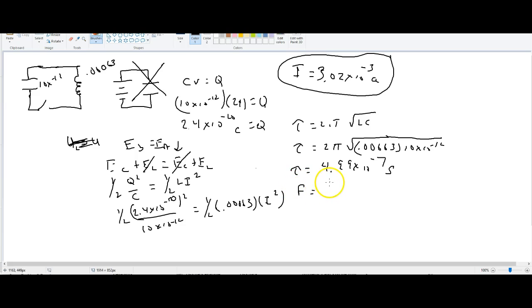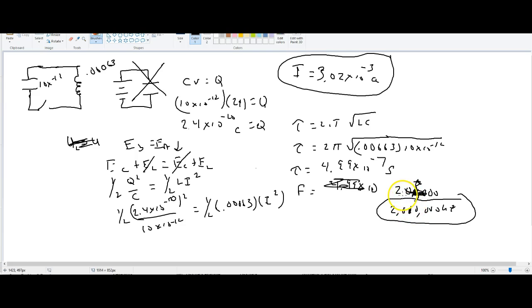Frequency would be equal to 4.99 times 10 to the, oh, that's not right. That makes no sense at all. It's 201,000. Nope, my mistake. 2,010,000 hertz. So that's my second answer. 2,010,000 hertz. All right. And the third question, C, what's the maximum energy that you can store in the magnetic